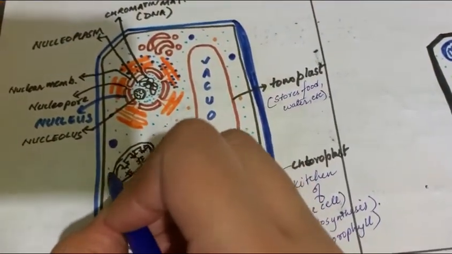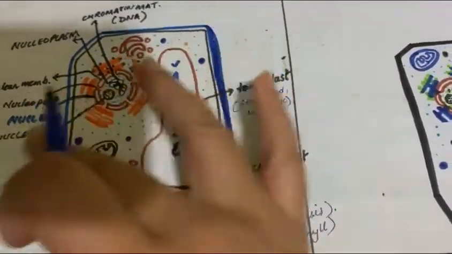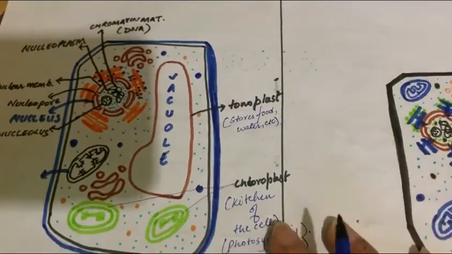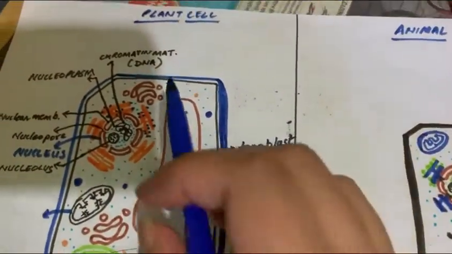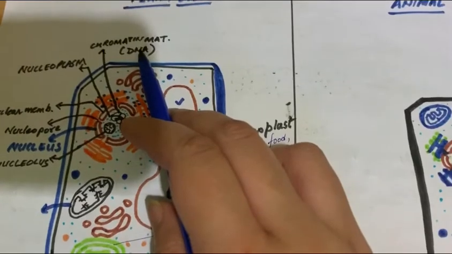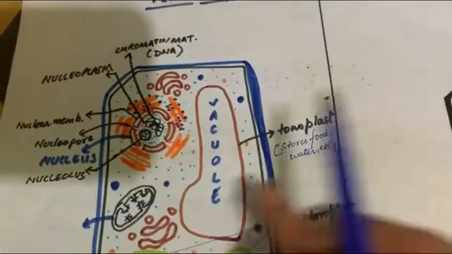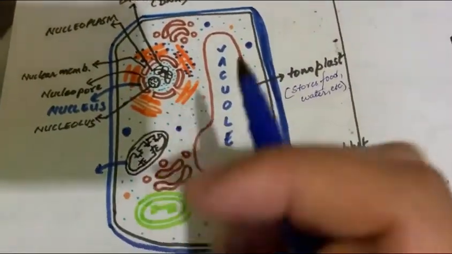Later, let's see what is the other structure. Another structure is, what is the function of the nucleus? Now you all must have got what is its main function. Its main function is to carry the genetic material which helps in heredity. Secondly, what is the structure? The structure is